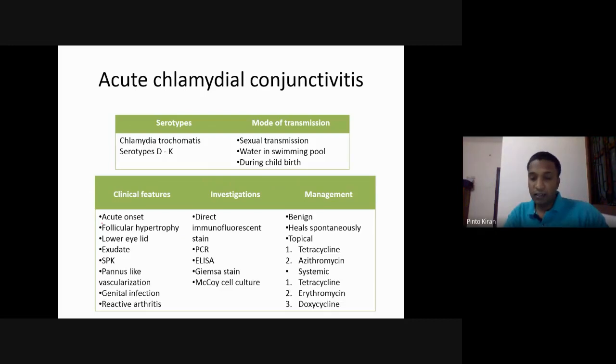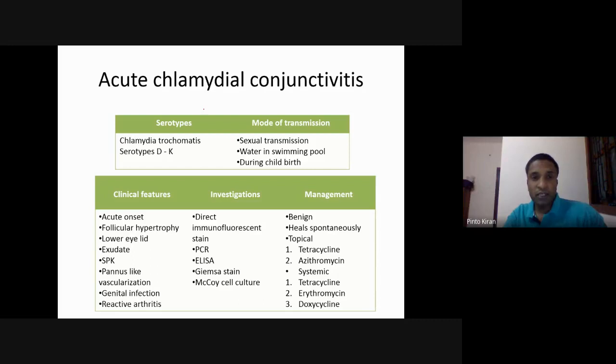Coming to the chlamydial infection, whether it is acute form or a chronic form, again many questions have been asked from this single topic. At least around 5 to 10 questions have been asked. So that I told you, right? What are the different serotypes of